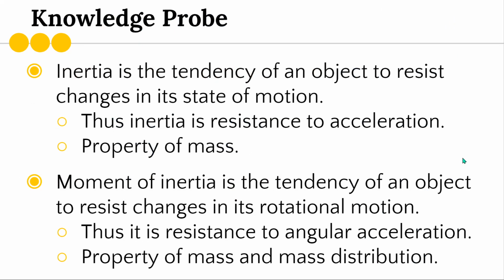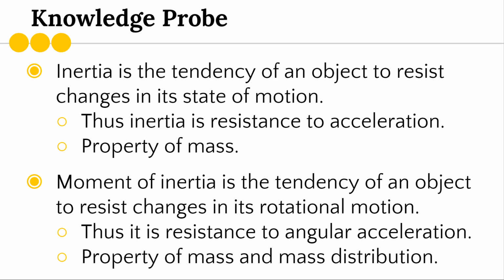Yesterday you were supposed to have answered the knowledge probe questions that were asking about what inertia and a moment of inertia is. You should already know what inertia is from last semester when we talked about it with our forces, our dynamics unit. It is the tendency of an object to resist changes in its state of motion. We talked about Newton's first law of inertia and some other things surrounding that. But it was basically a property of mass. It was entirely determined by the mass of the object. Inertia is resistance to acceleration. If we're talking about resisting changes to state of motion, that means we're resisting changes to velocity,